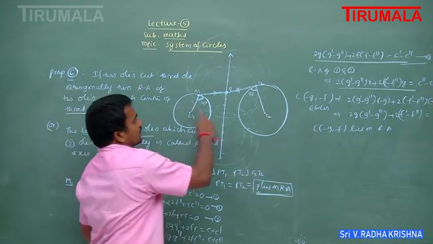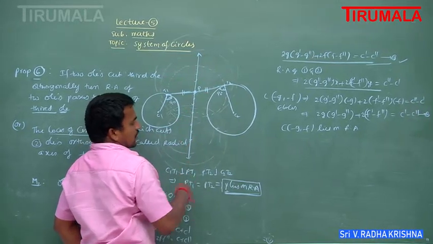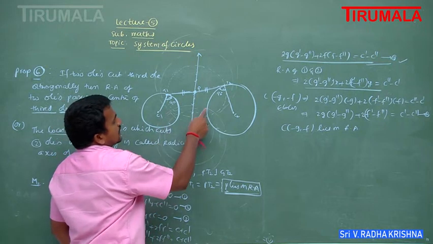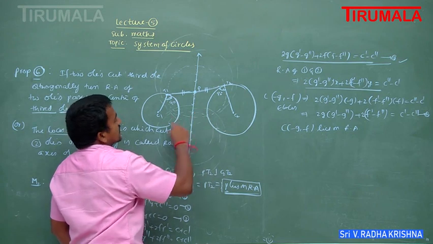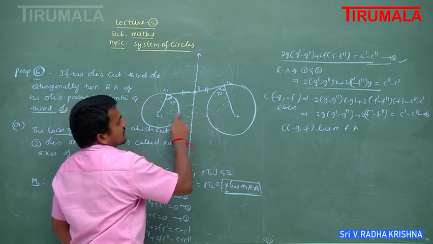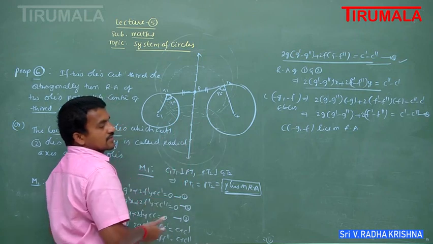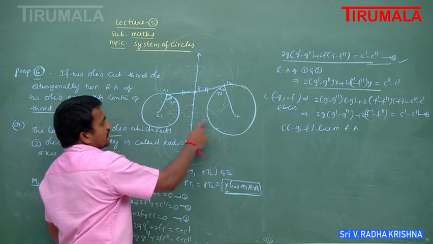Circles of different radii are possible here. These circles intersect the two circles orthogonally, but in this case one small circle exists whose center is collinear with the two circle centers. That circle has the minimum radius and cuts the two circles orthogonally. So some more objective questions are very important.